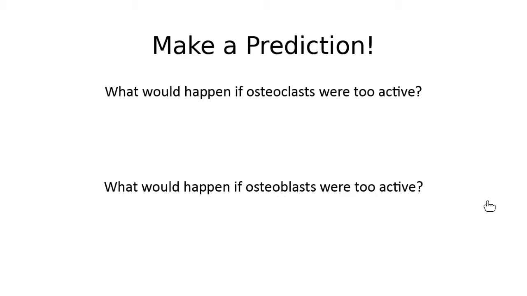Now, for my friends here in the chat, my question for you: yesterday we talked about osteoclasts and we talked about osteoblasts. We also talked about one other kind of bone cell. What was the other kind of bone cell that we talked about yesterday? What's that third kind called? Yeah, that third kind, they're called the osteocytes. When we were talking about osteocytes, what did we say about them? What's our description of an osteocyte?